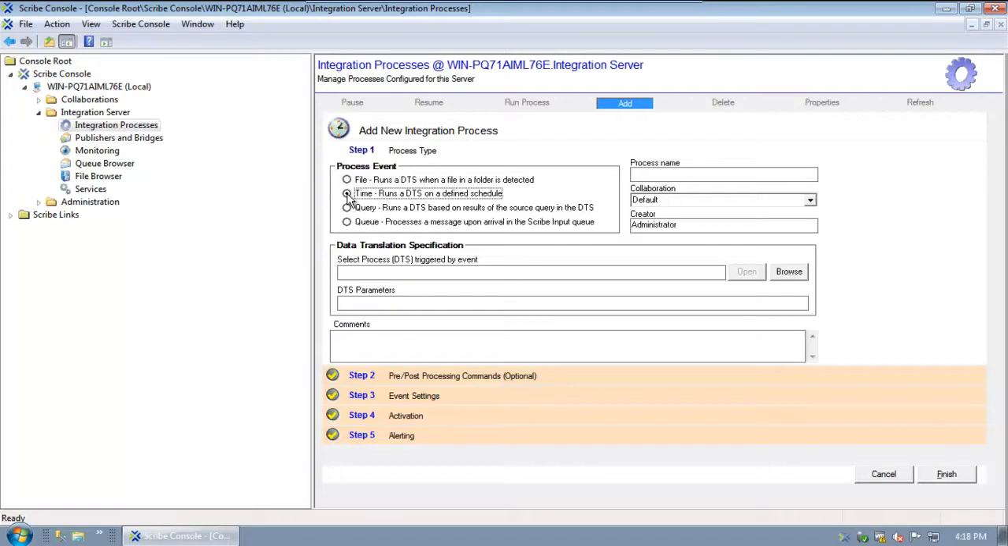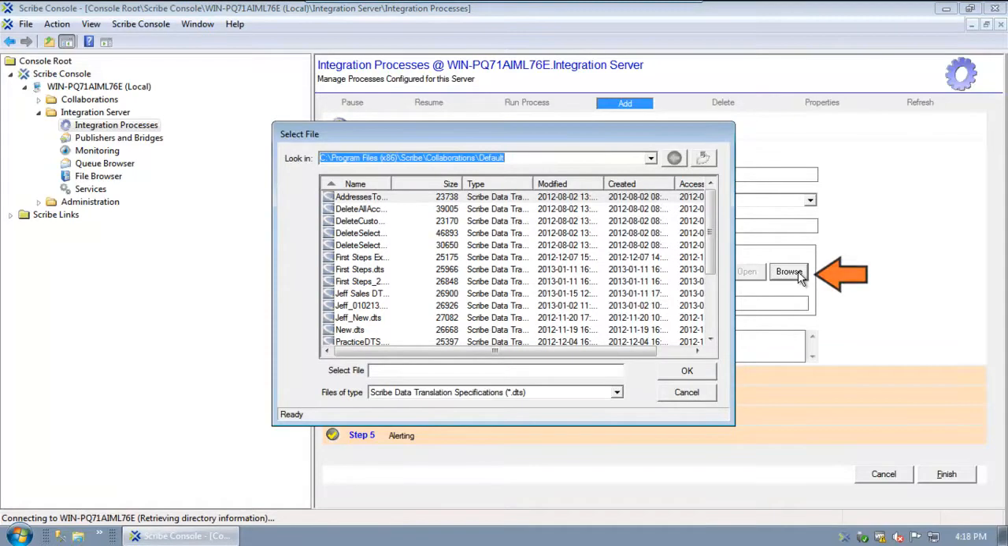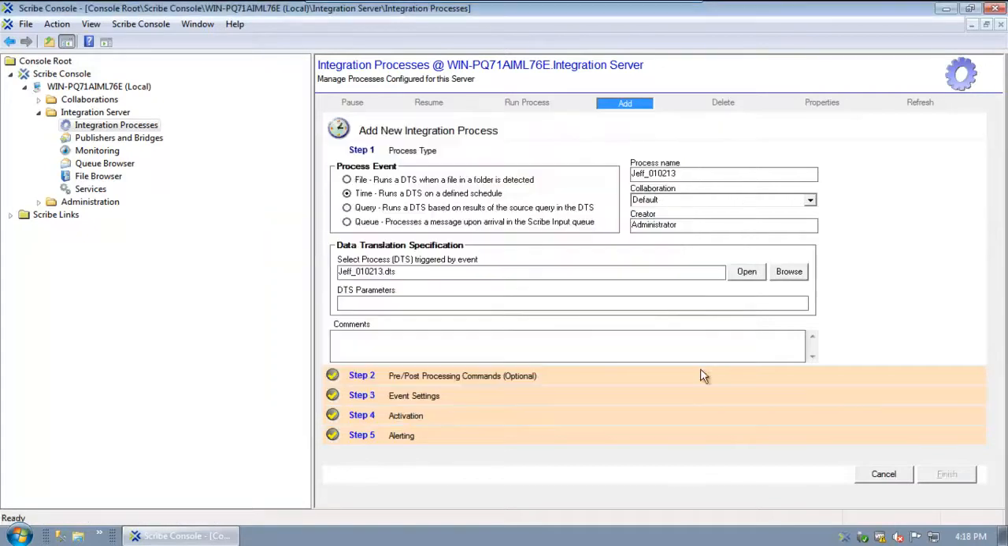Ours happens to be time, which means that we then have to go through this wizard and establish all of those elements that will successfully run this at the time we need it to run. Now, a few other things you want to do on step 1. The first thing is to let the system know what DTS file you're going to be using. You do that by going down to the Select Process, DTS, triggered by the event, and clicking on the Browse button. It automatically brings you to the files that you can select. I'm just going to select one that we've been using through other tutorials and click OK. There you go. You've told the first step that you want it to be a time process event,